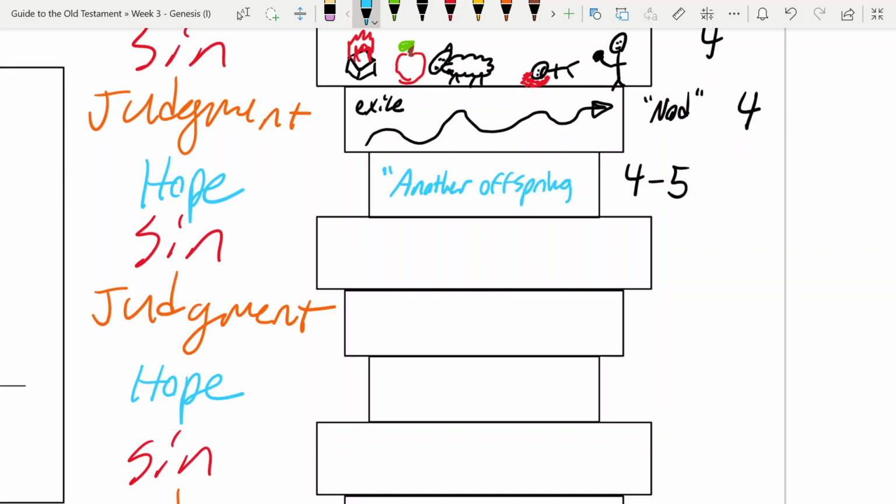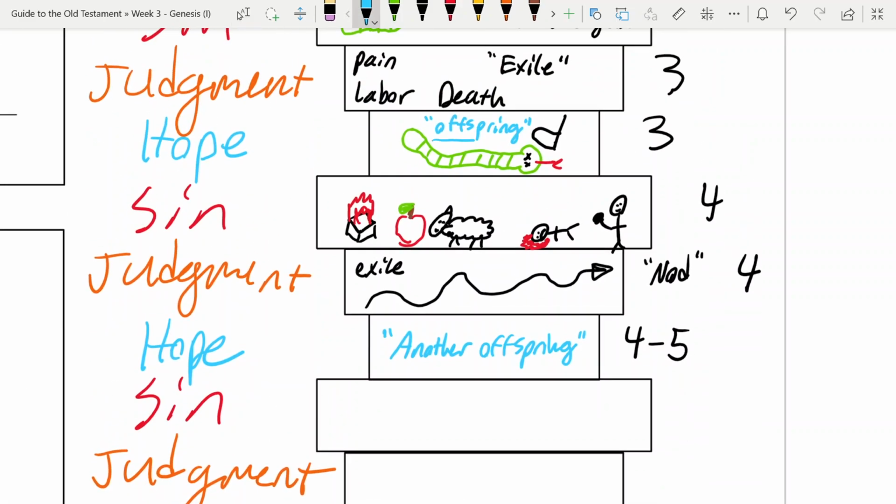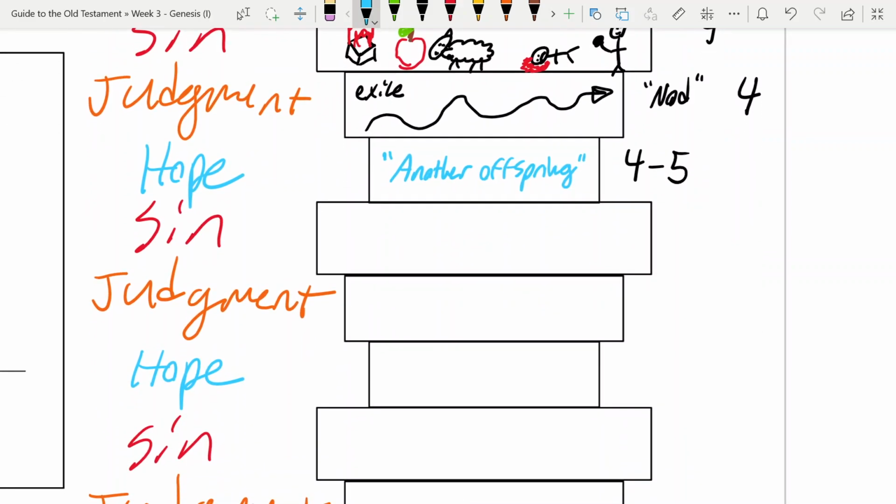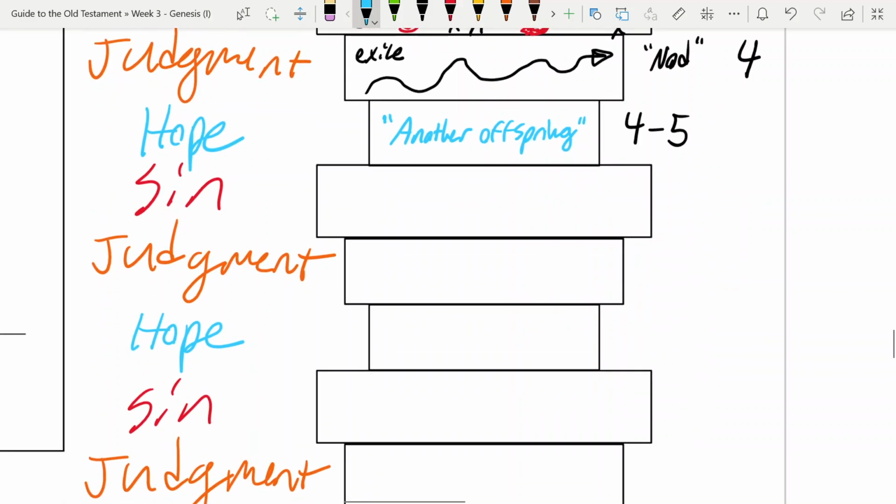So this is in the place of Abel, the son who died, and it takes us back to this hope up here of an offspring that will crush the serpent. And we get here one of those genealogies that we said structured the book, as we trace the generations of these various characters.